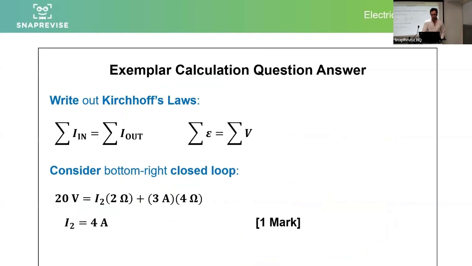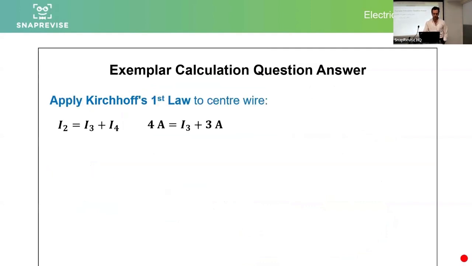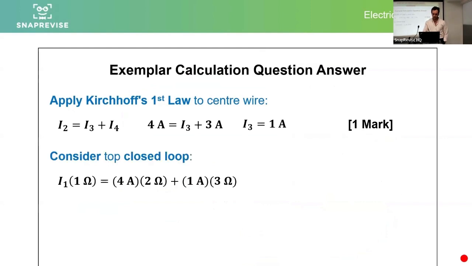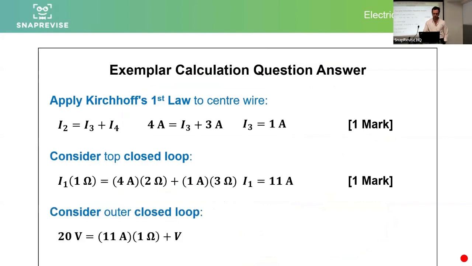So that's done very quickly. I2 was in fact 4 amps. Hooray, congratulations. Where was I4? Yeah, 11 amps for I1, 1 amp for I3, and V was